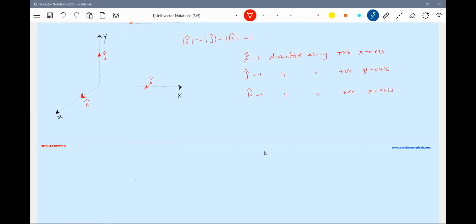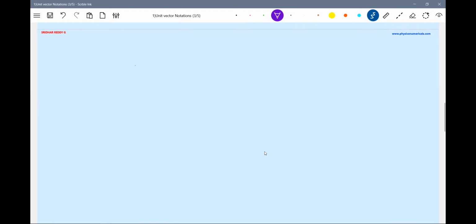Okay, this is about the direction. Why we put it this way is a convention; this is called the unit vector notation. It's a rule, so better we follow it. So what is the use of this? What is the method of this? If I take the same rectangular coordinate system, let there be a truck which is moving along.